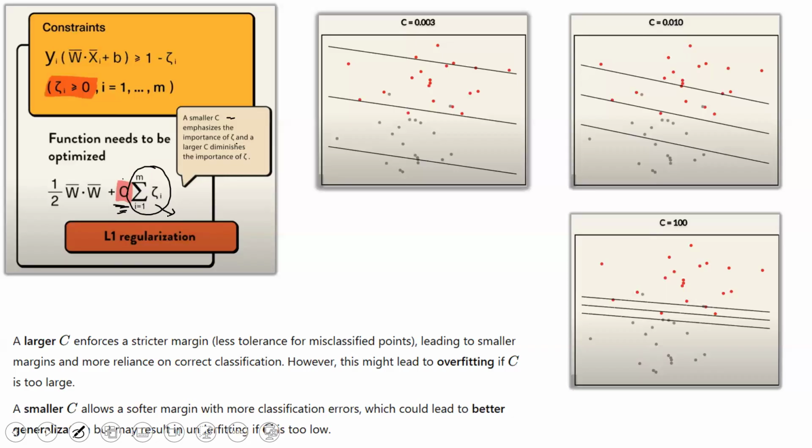Let's take this example again: 1 by 2 W square plus C into the sum of slacks. Okay, so this is our equation. This is a minimization problem. We want to minimize this whole term. Now, when I take C as small, when I take C equal to a small 0.0003,